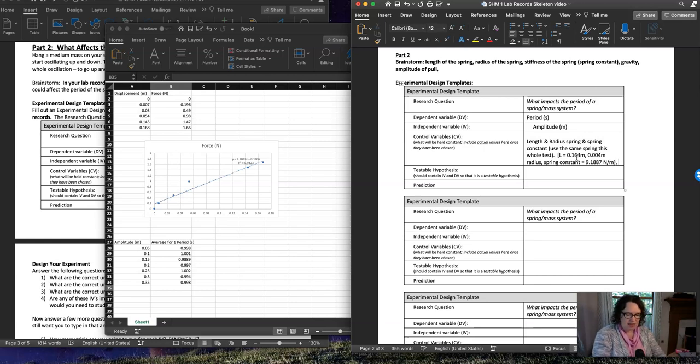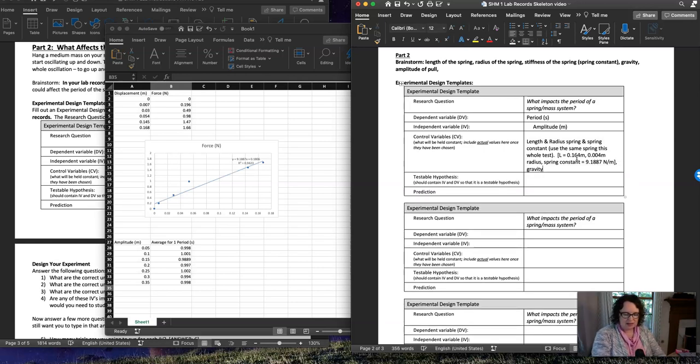Okay, gravity is, we can just use our 9.8 meters per second squared. I'm not going to leave Earth to do this experiment. And what else? Let's say any other thing that you brainstormed, you should list here. So I'm going to write down that I'm going to use a mass of 0.170 kilograms. Okay, so at this time,